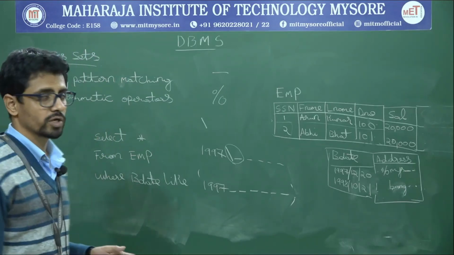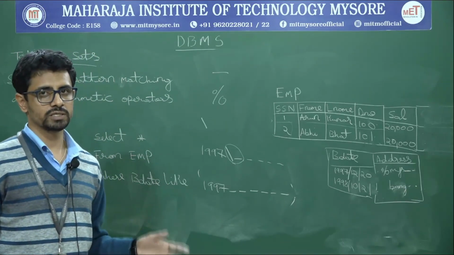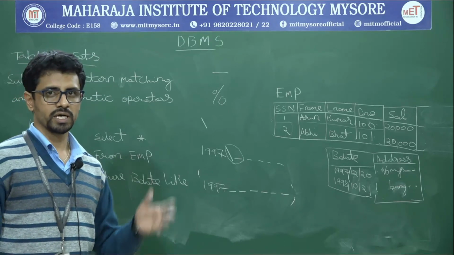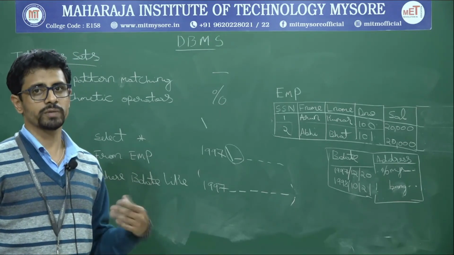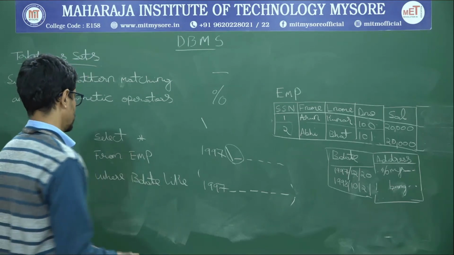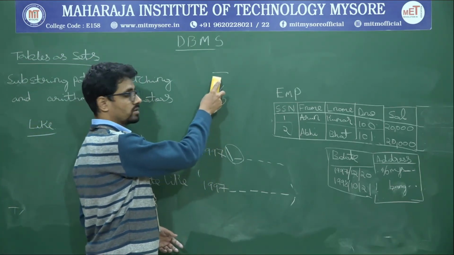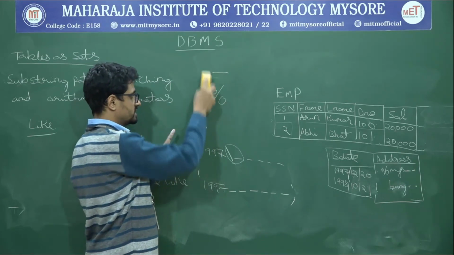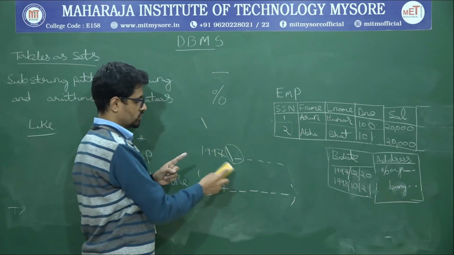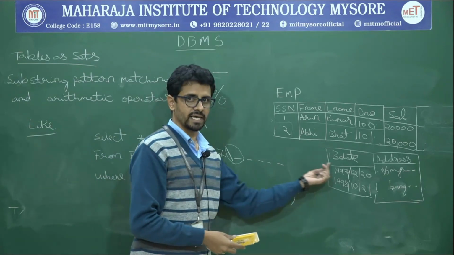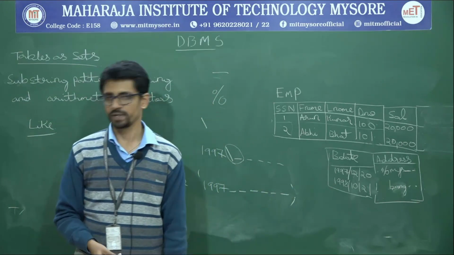Okay, so this is all about substring pattern matching. We have learned the like operator with underscore and modulus, and the escape character can be used to remove the special property of it. The special property of this is what? One or more characters, or exactly one character. If this itself is a value, use slash and specify the escape slash at the last.